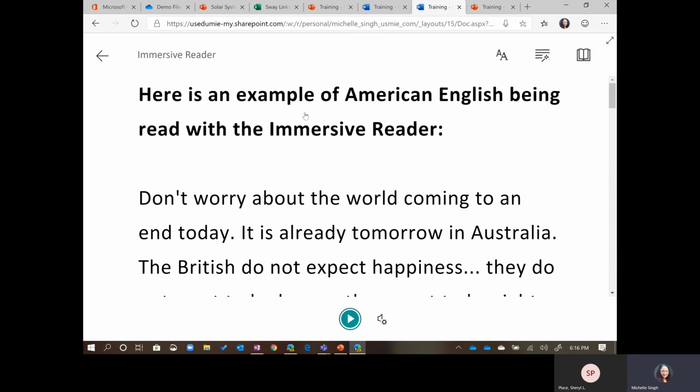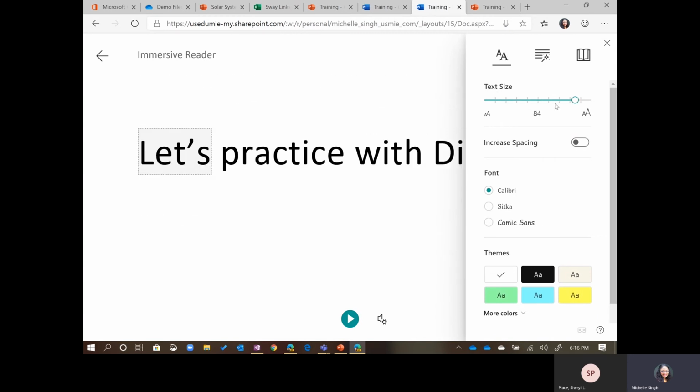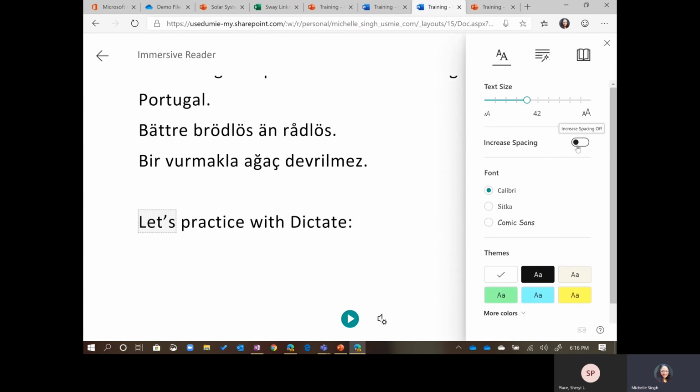It is available in the online version of Word, and in OneNote, it's available in the online and the app. So with Immersive Reader, you are able to adjust your text preferences, like your size, your spacing, your color scheme for the background, the contrasting,